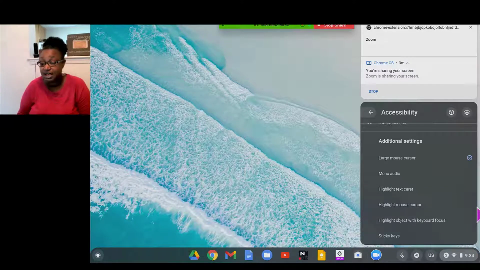The other one that I have on, since I do a lot of work on the Chromebook where I'm using Zoom and I'm sharing my screen, I tend to turn on the large cursor so that it is easy for someone to track if I'm moving around on my screen. So that's something that you can turn on. So that's what I did. If I went back to my settings,